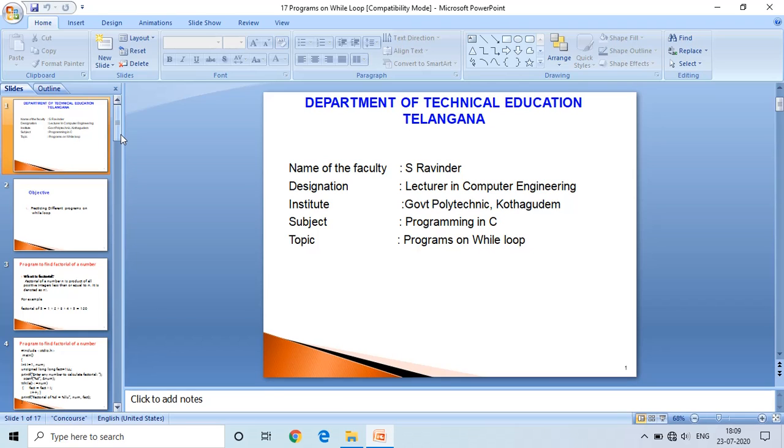Today we will practice programs on while loop. In the last session, we discussed while loop and practiced some programs on while loop.